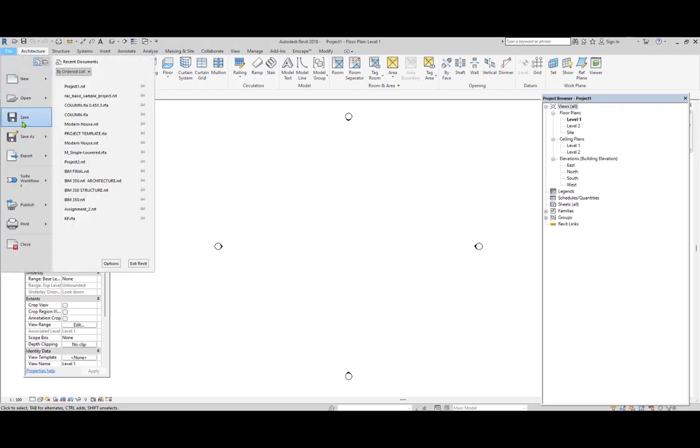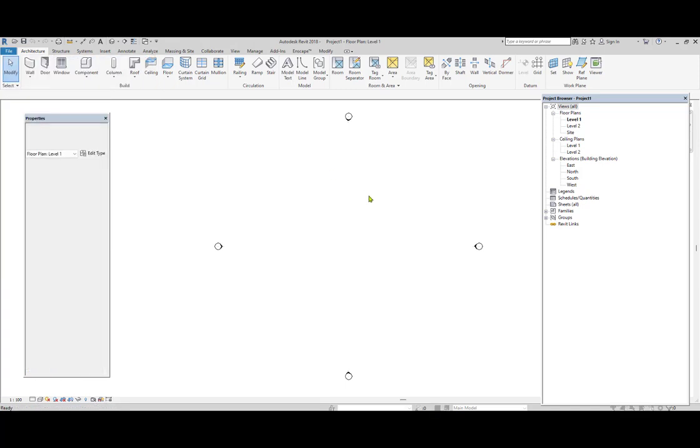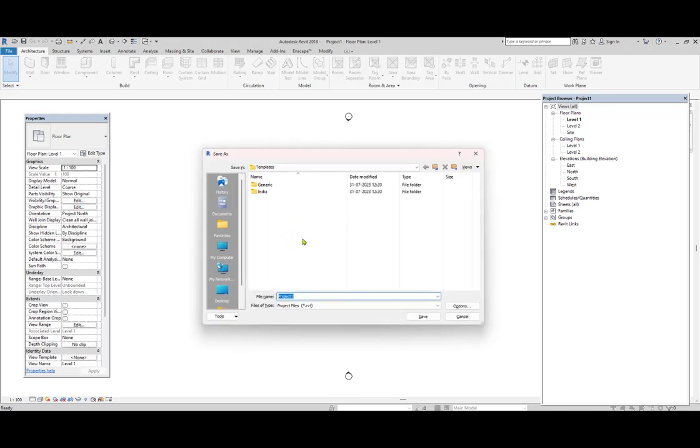Once you finish your work, if you want to save, then you can click on the save as option and choose the project option. Go to the particular location, create your own folder, and name it Revit projects. In this way you can create any name; the file name you can give whatever you want. The next is file type. Here we have only one file type, .rvt, which is the Revit project file, and then you click on save and hit close.